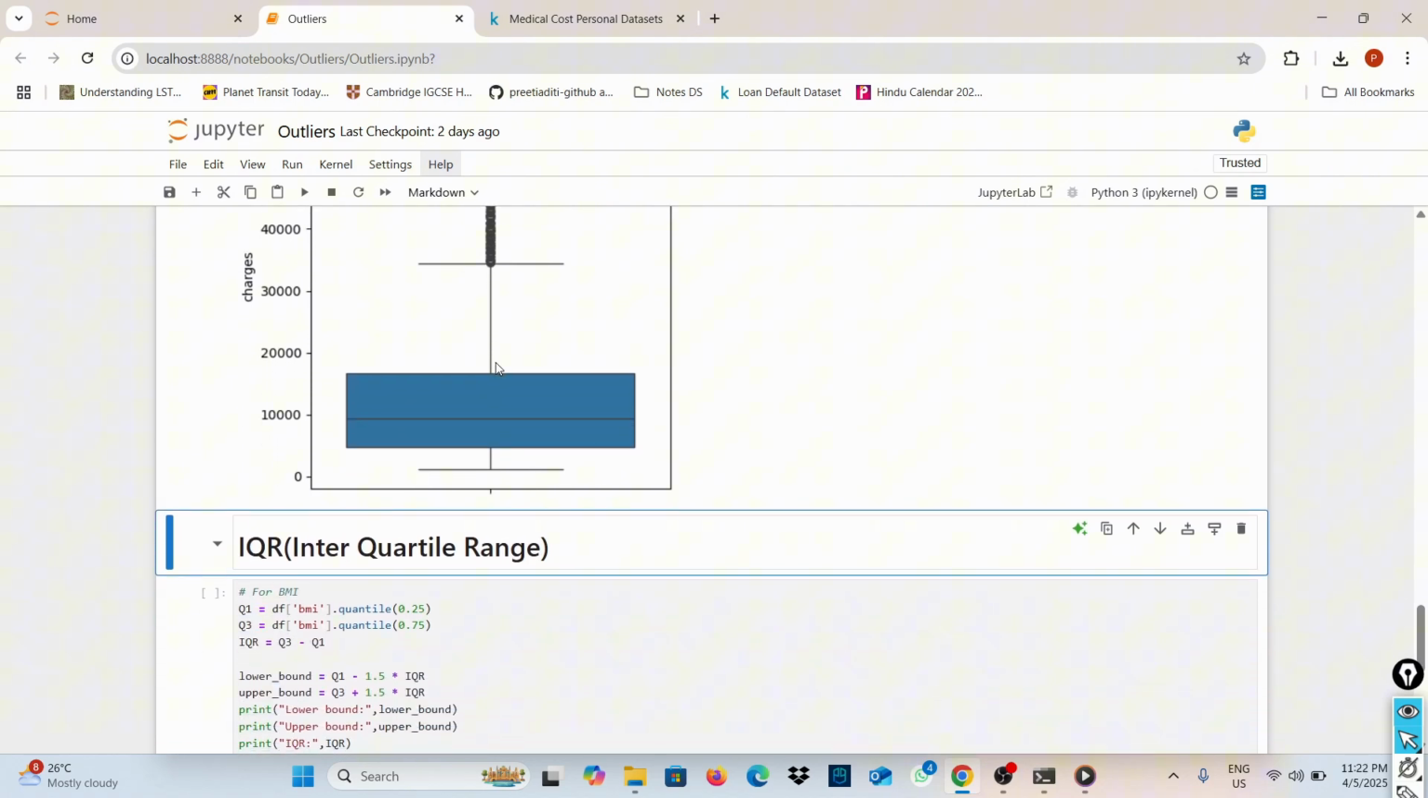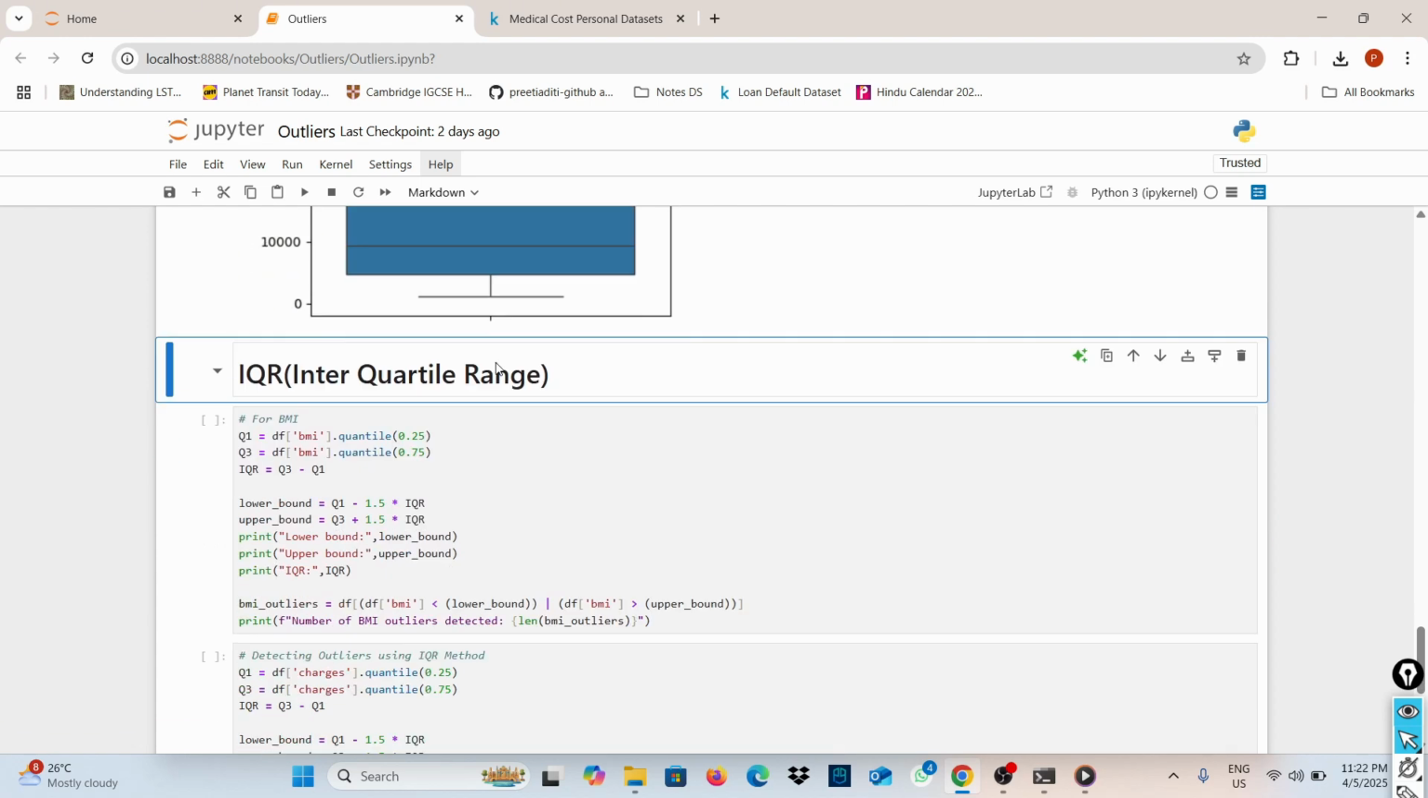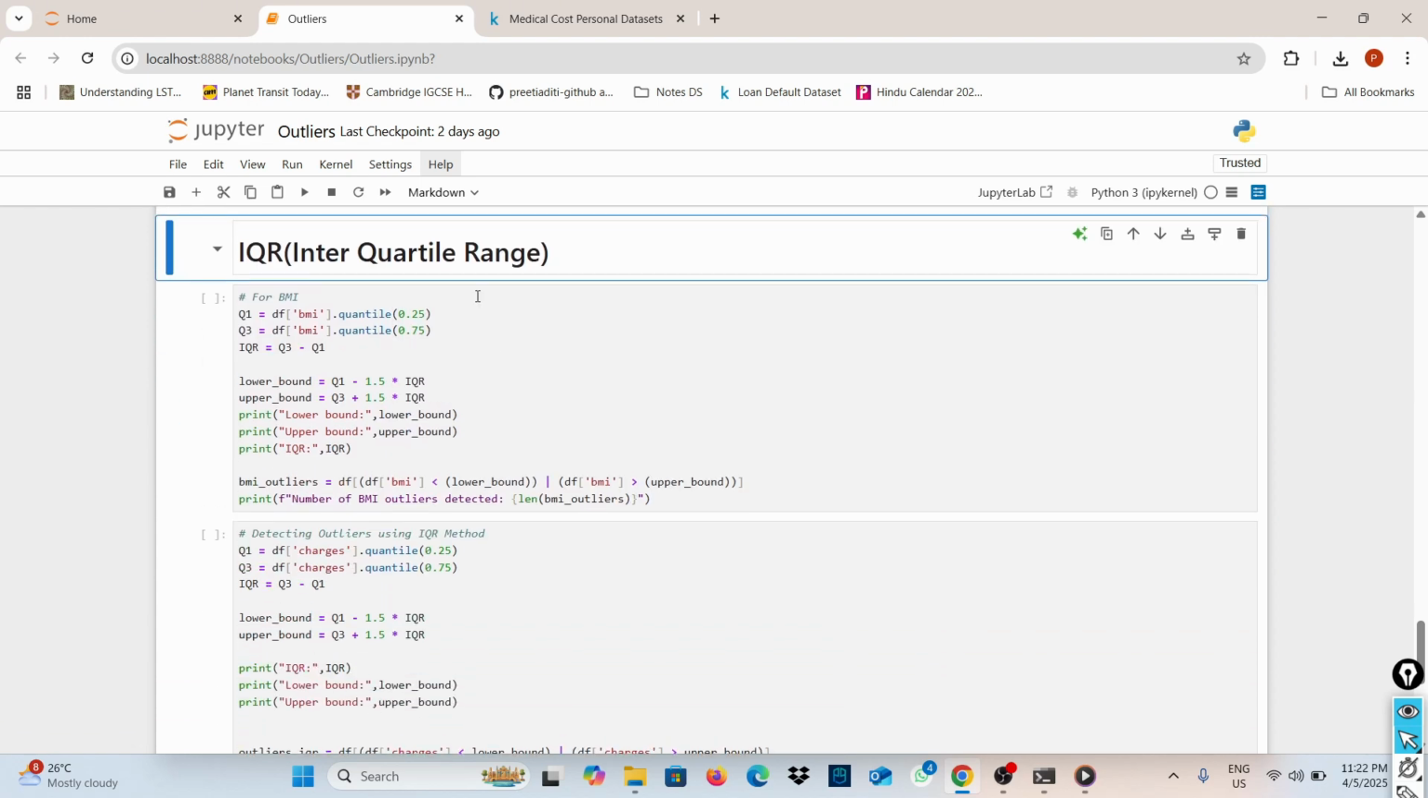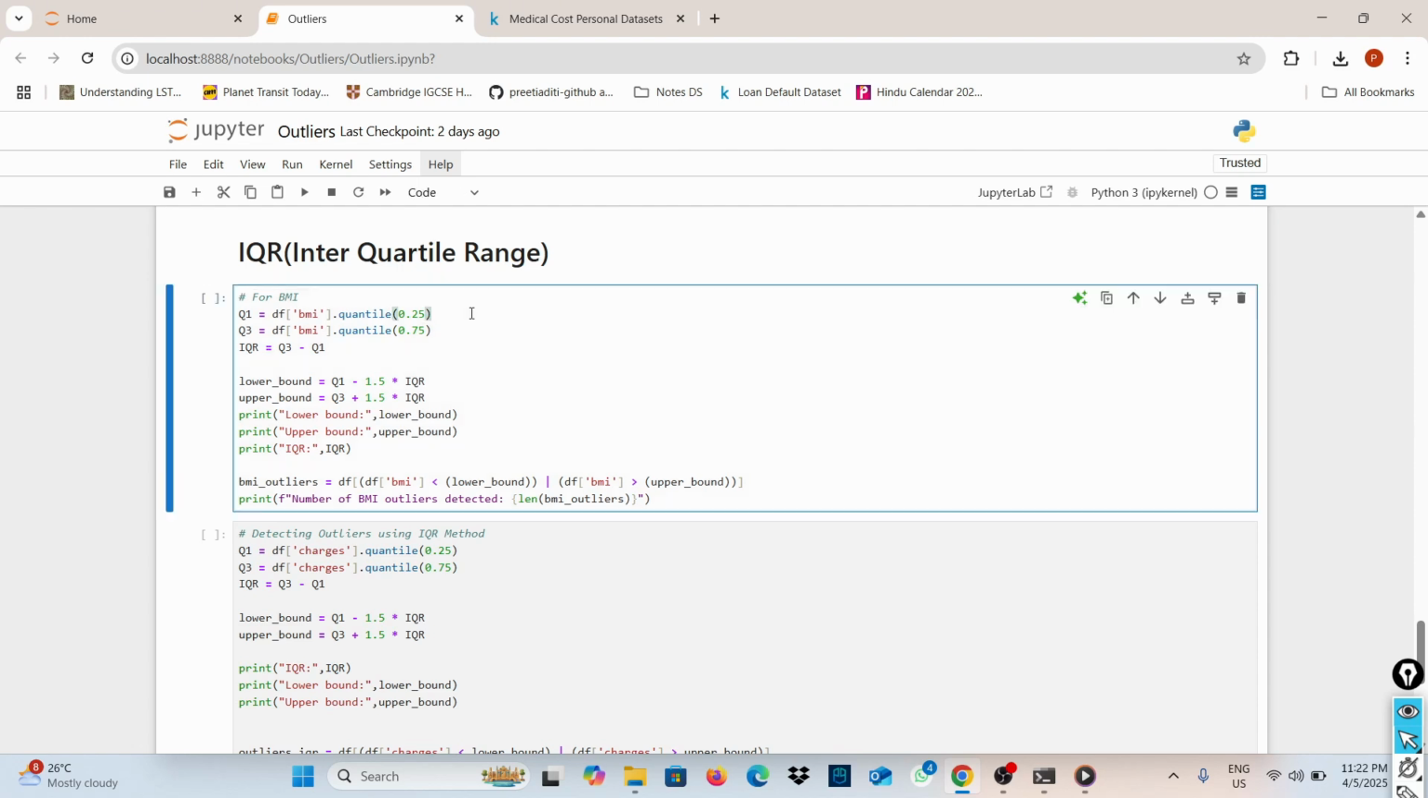Now let's examine how many observations are outliers. I'll be using IQR in order to understand how many observations we can treat as outliers for both BMI and charges. For BMI, I'm first calculating Q1 and Q3, then I'm calculating the interquartile range